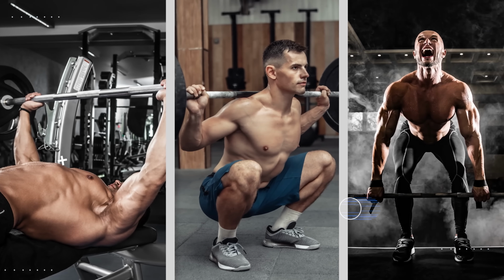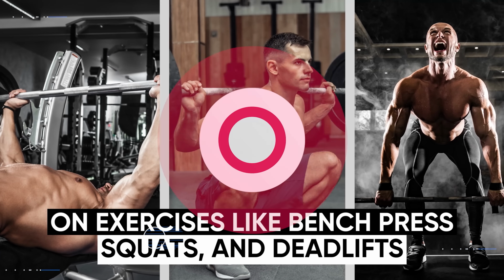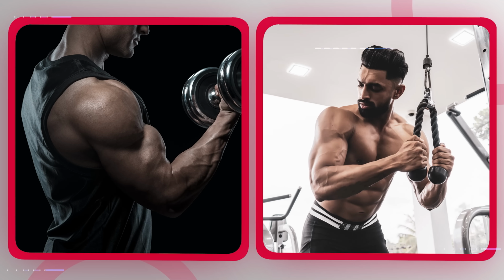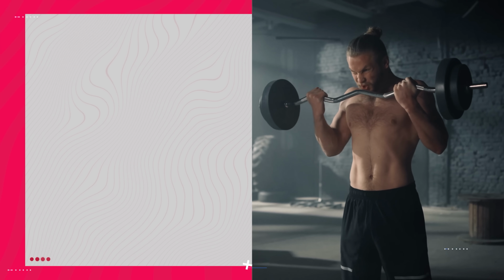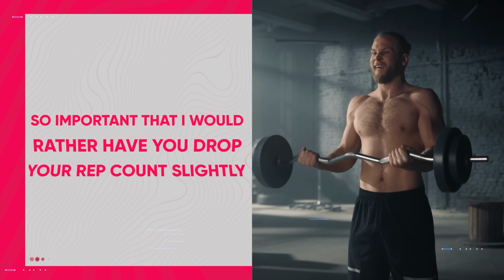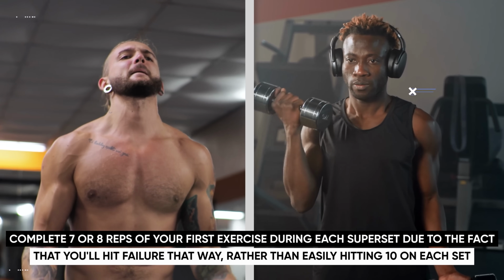The same way that you focus on upping your weight on exercises like the bench press, squats, and deadlifts, you should also focus on upping your weight for bicep curls and tricep extensions. I want you to keep in mind that pushing yourself to lift heavier weight is so important that I would rather have you drop your rep count slightly and only be able to complete 7 to 8 reps of your